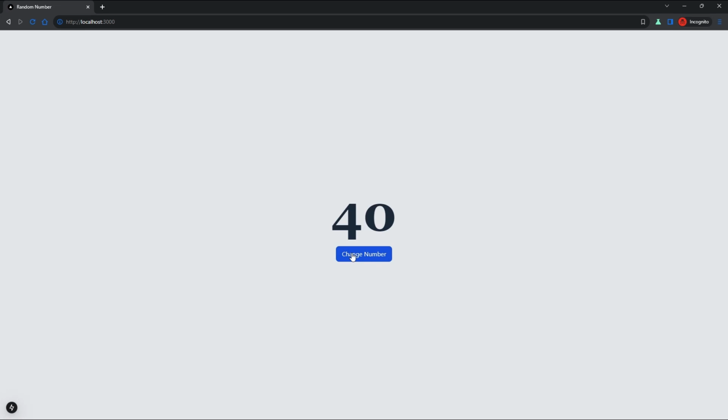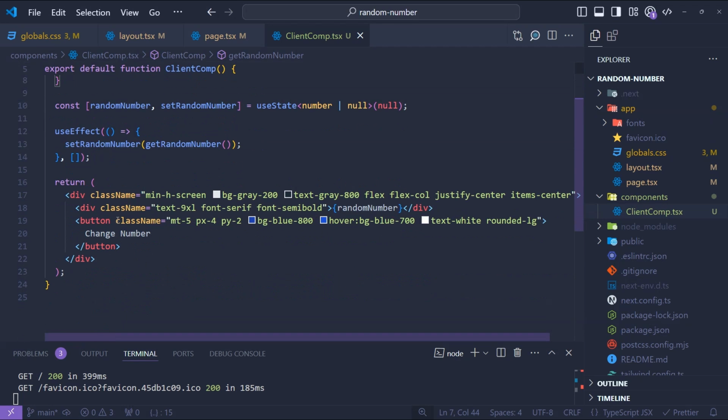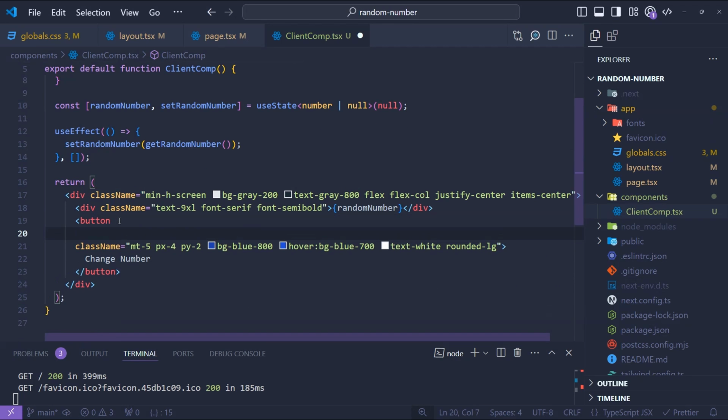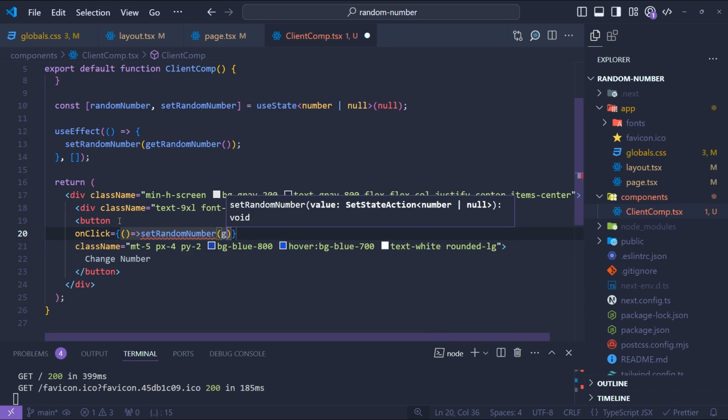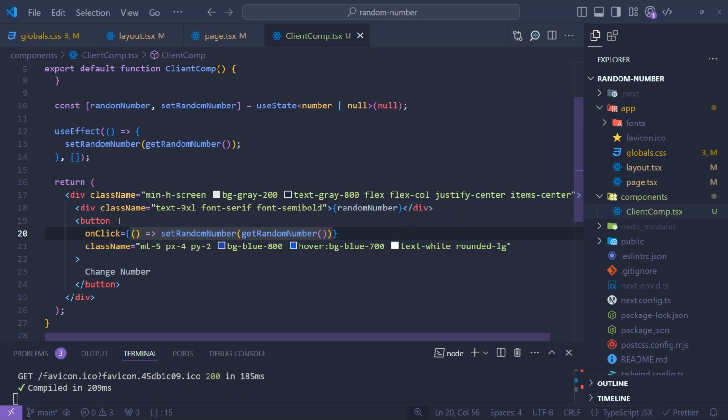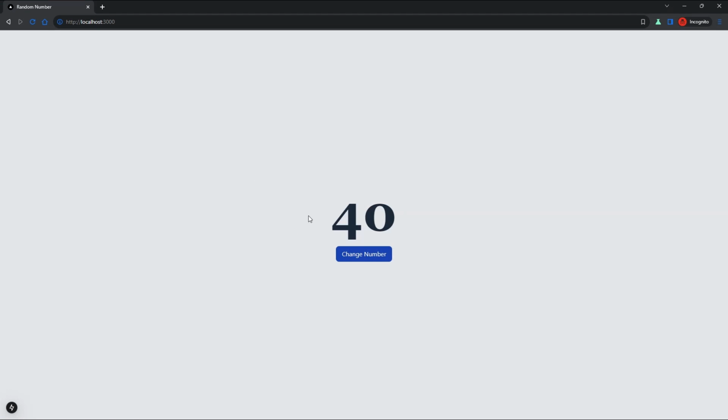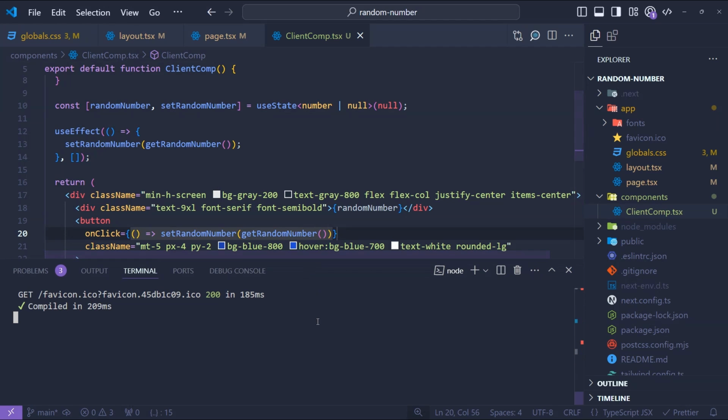We need an onClick function here as well. So in our button, I'm just going to put it down here and write an onClick function. Let's create an arrow function, and here we will just call setRandomNumber and get a new random number. So this will change the random number when we click the button as well. If we go to the UI now, we can see that when I click on change number, it changes the number every time. Let me just build this again with npm run build,